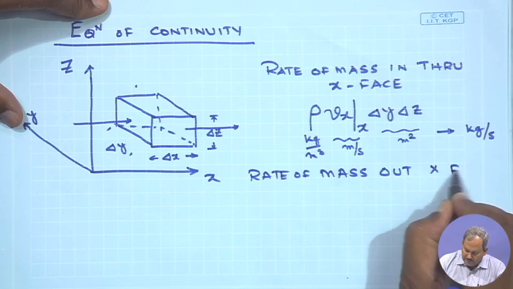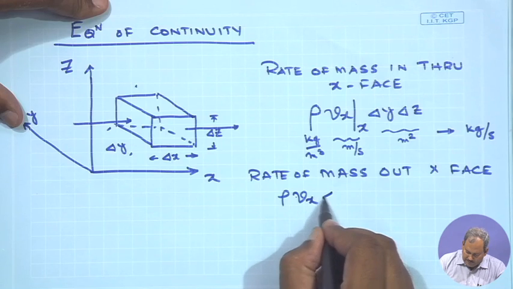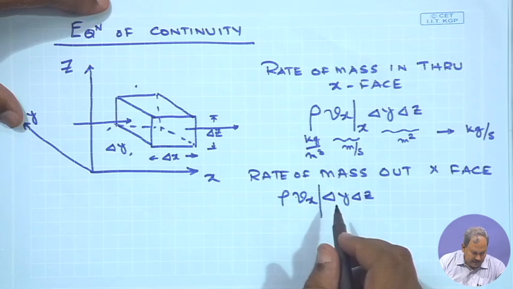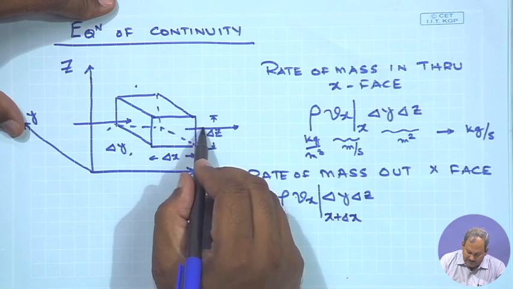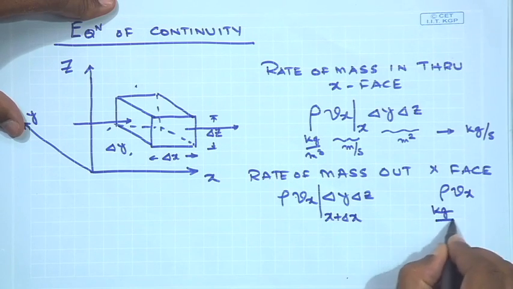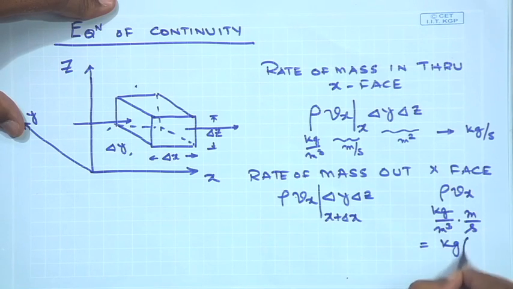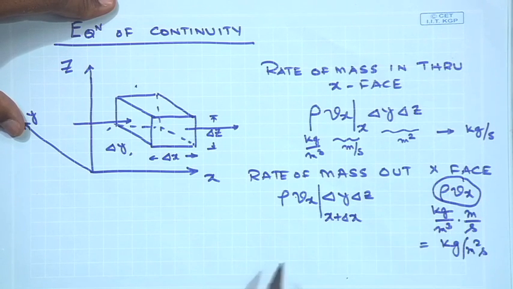Again, I am talking about the x phase only. It would simply be rho V x times del y del z, but instead of being evaluated at x, it is going to be evaluated at x plus delta x, which is this phase. So, rho V x, if you just think of rho V x, it is kg per meter cube times meter per second. So, essentially this is kg per meter square per second. So, rho V x is nothing but the mass flux. This mass flux, since it is kg per meter square per second,